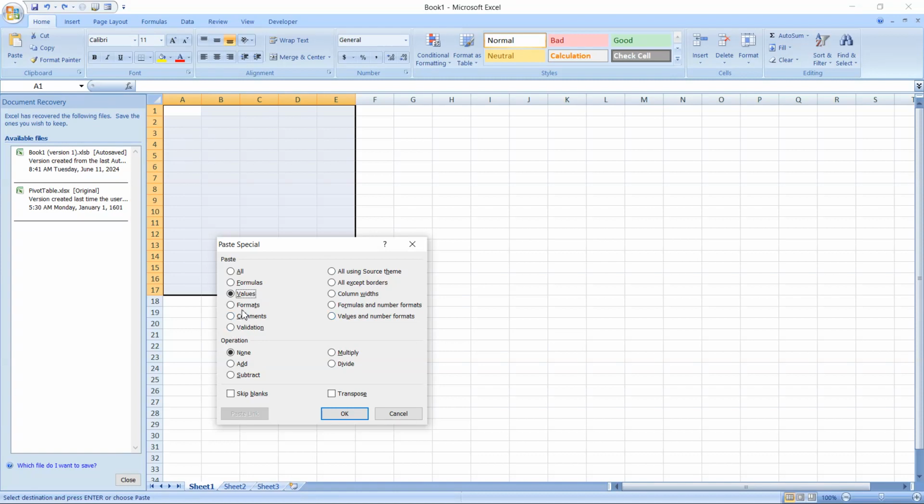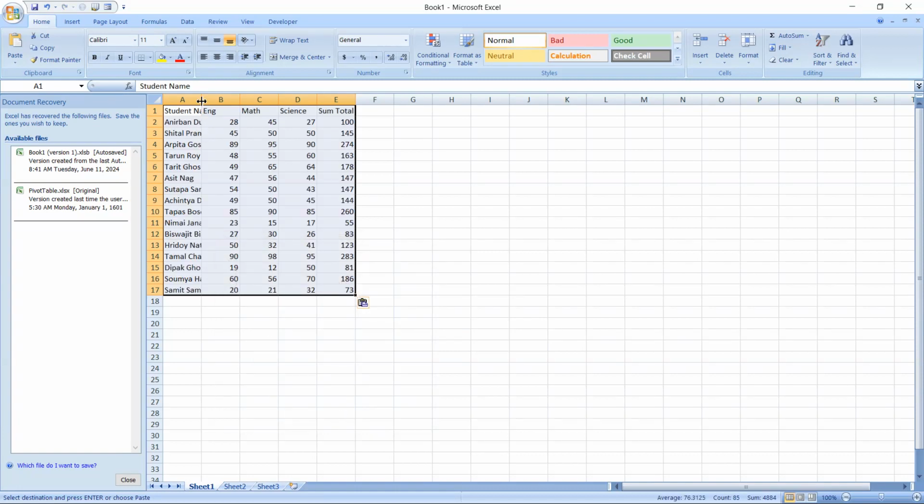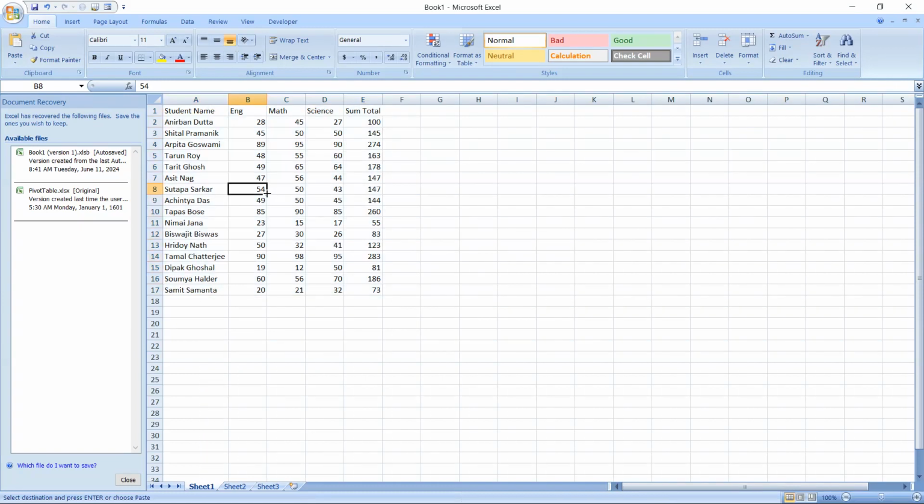So I am selecting values and then I am selecting operation none. Operation none basically means that I am just inserting the values. I am not performing any operation on those values. So let's press OK. Now let's double click. Now we will be deleting this particular sum total column. Now what we will be doing is that,